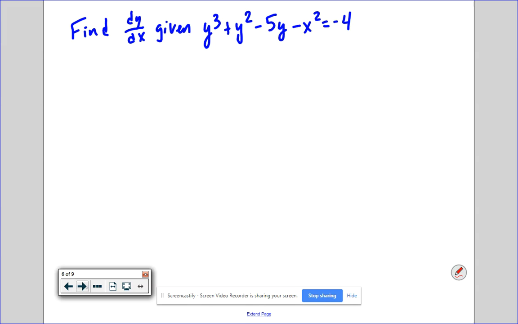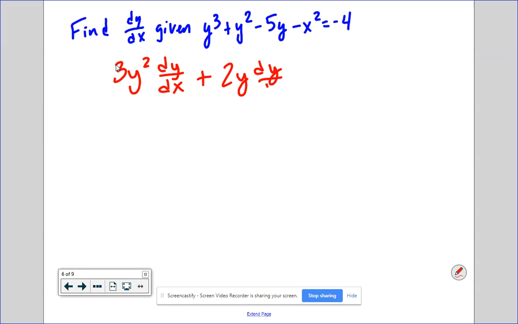So we start by doing the derivative of y cubed. What's the derivative of y cubed with respect to x? 3y squared dy/dx. Very good. So it's a power rule, and then multiply by dy/dx. Derivative of y squared, 2y dy/dx. Derivative of negative 5y, negative 5 dy/dx. Derivative of x squared,